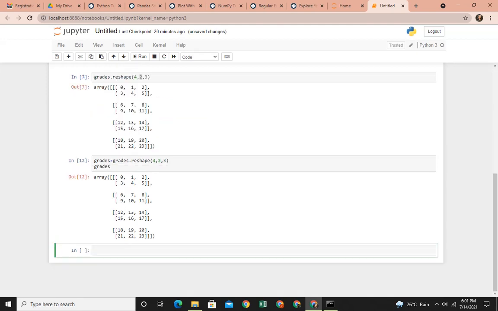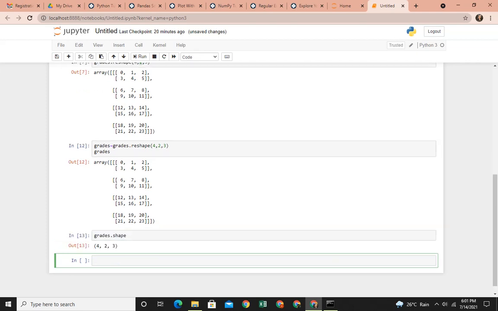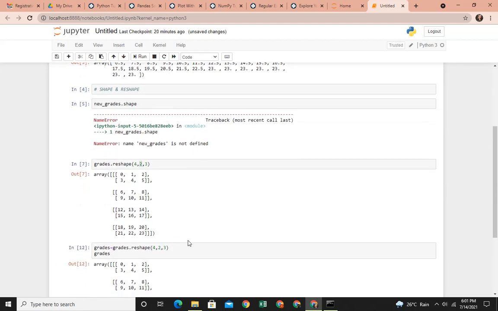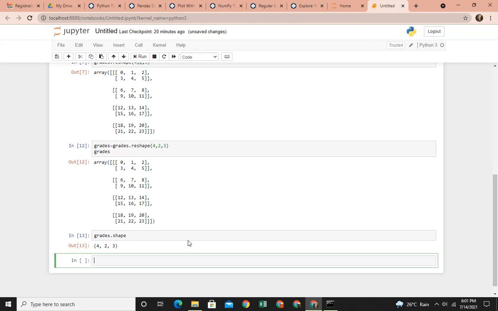If I want to find out the dimensions of any array of which I do not know, then I can use the function shape. So now it will give me 4, 2, 3. So this was shape and reshape, which again you have to try on your data, on any one of the columns.